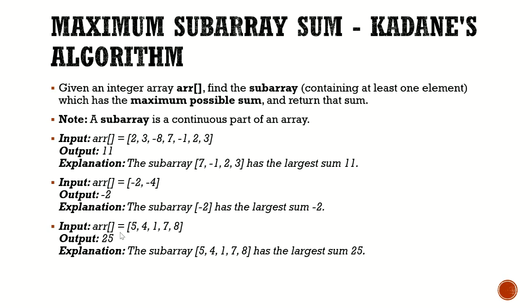And in the third example, the array is 5, 4, 1, 7, 8. We can consider the entire input as the subarray, and the result is 25. Right now we will move on to the practice session. In the practice session, we will implement Kadane's algorithm and see whether these three inputs work